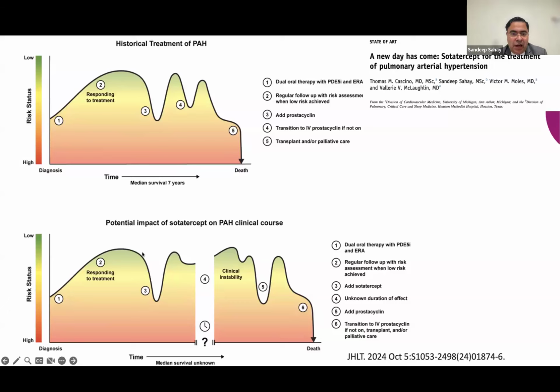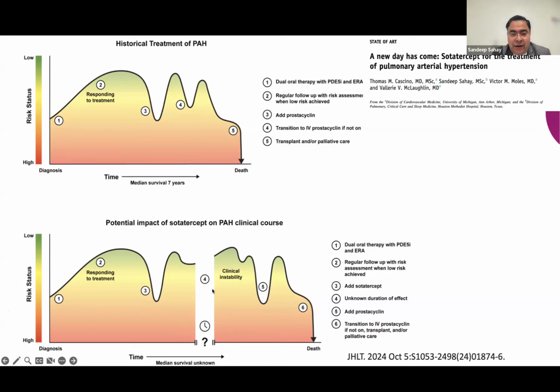That's our traditional. How we are thinking that how Sotatercept is going to sort of help your patient. It's similar, dual therapy improves, again, get worse. At number 3 here, you could consider adding Sotatercept. That's the earliest evidence we have that you could start Sotatercept on a patient. And then patient improves. Now, the number 4 is some